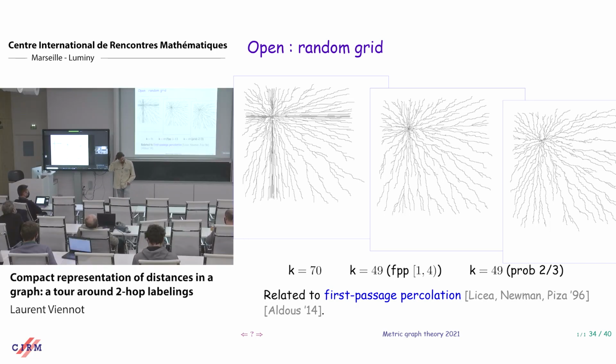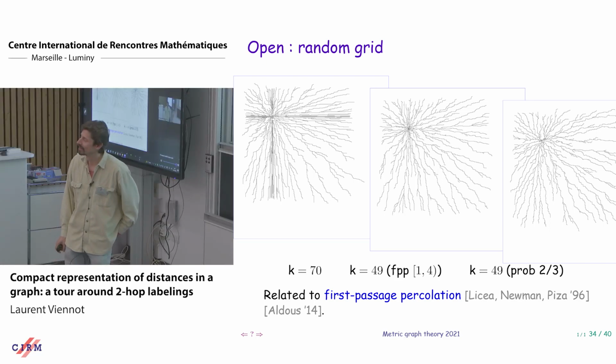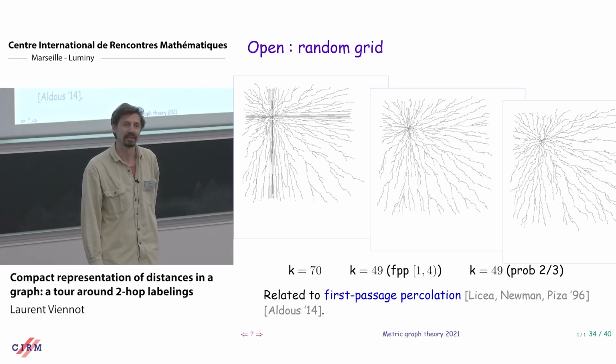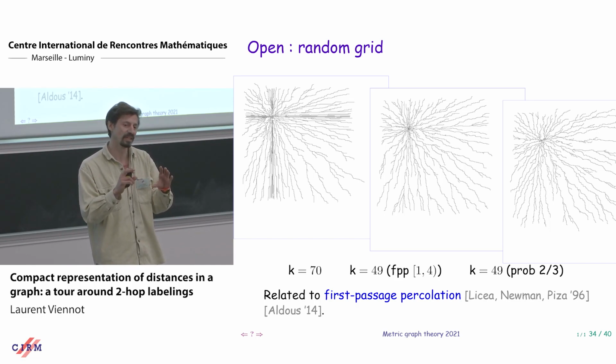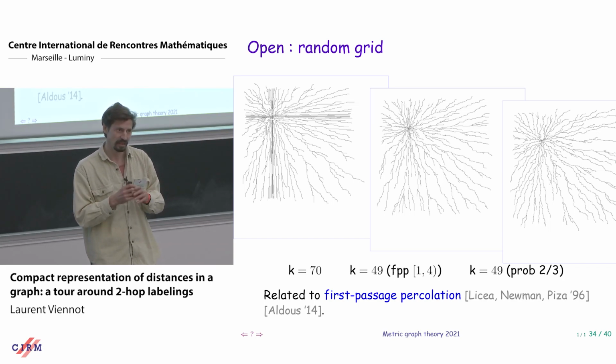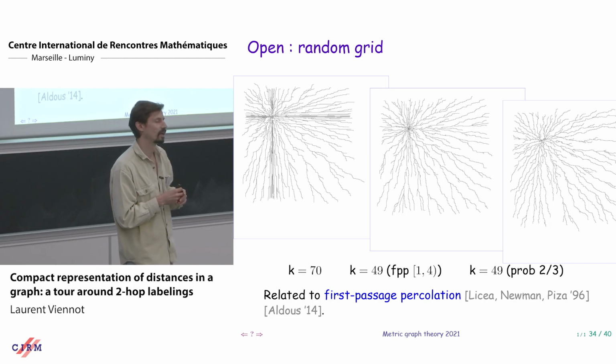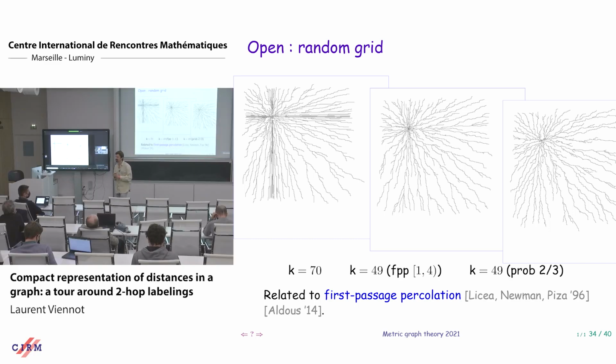So I did not try, but I tried to think what would happen. Because the diameter of the augmented grid is small. If you put the right value for the probability of choosing the length of a link, the diameter of the augmented grid would be log squared n. So I don't know if the hub sets are going to be small. No, you have to think.